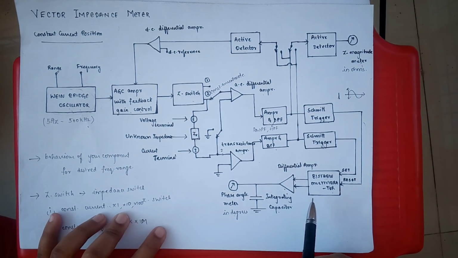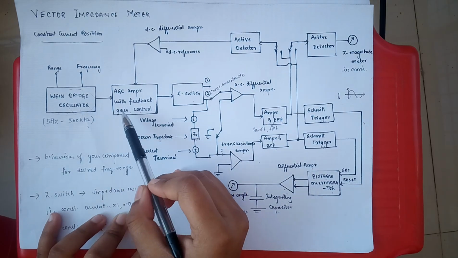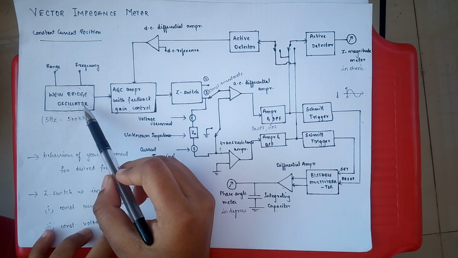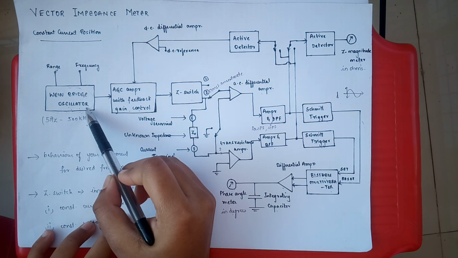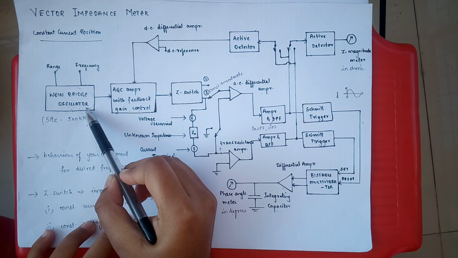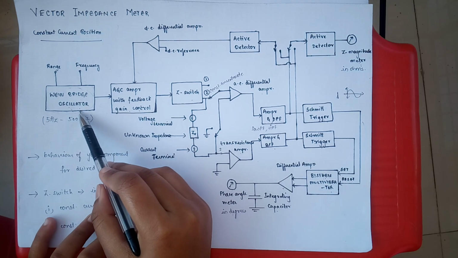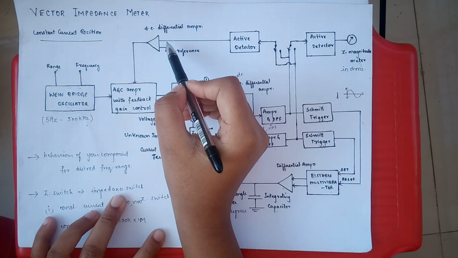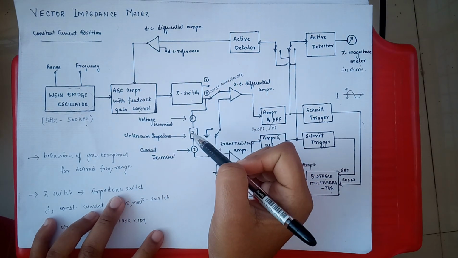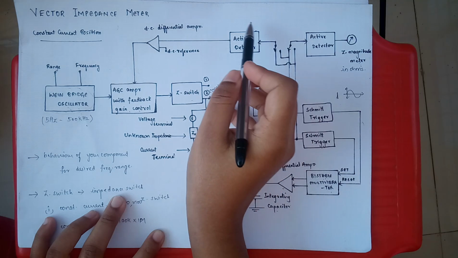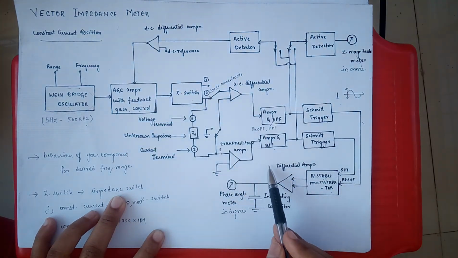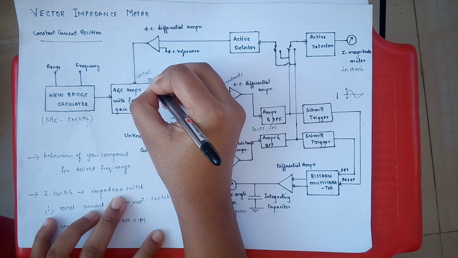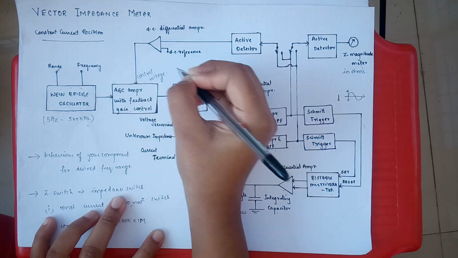Now let us go through the diagram first, then we will discuss some blocks separately. Here we have an oscillator. Its main function is just to provide different signal frequencies. Now here we have an automatic gain control block which has a feedback connected to it. This is its output, and some part of the output is connected back in. So this is a feedback. In other words, this will work like a control voltage. We'll see how that works.